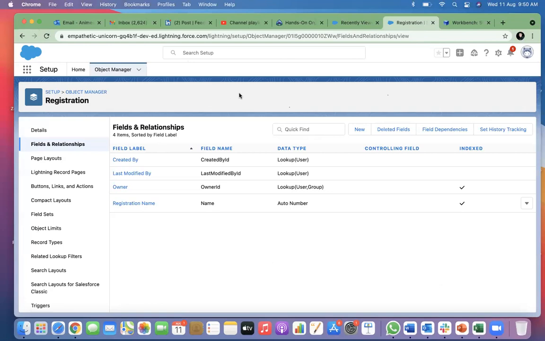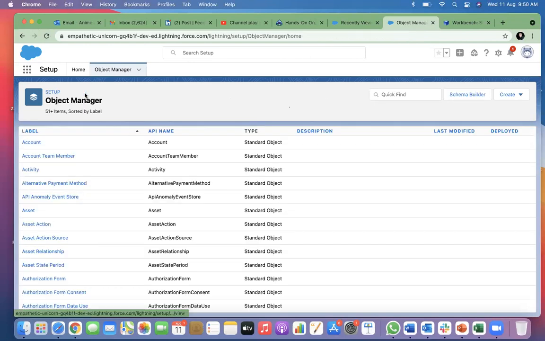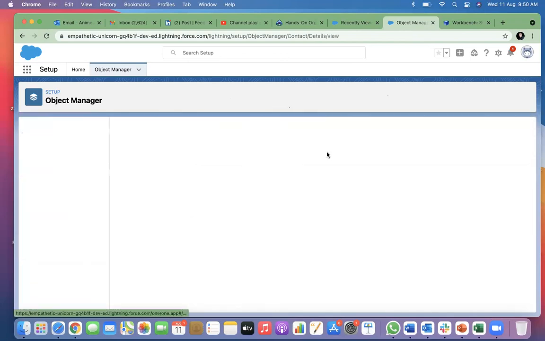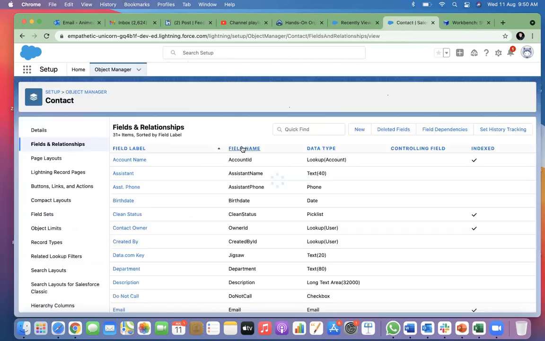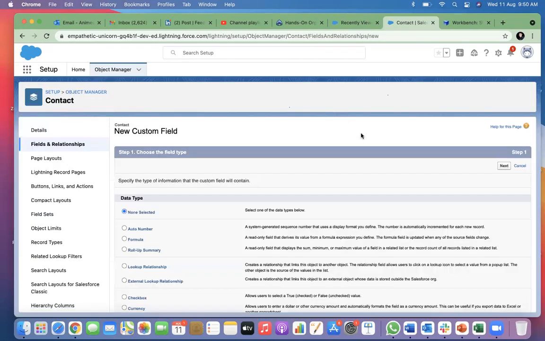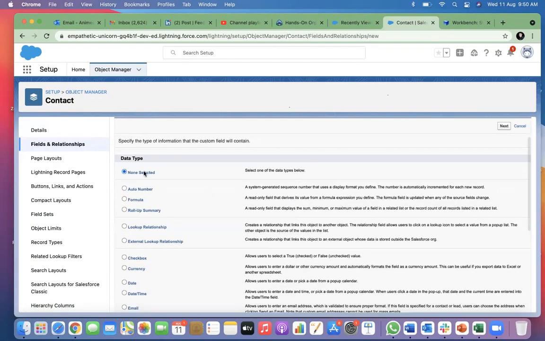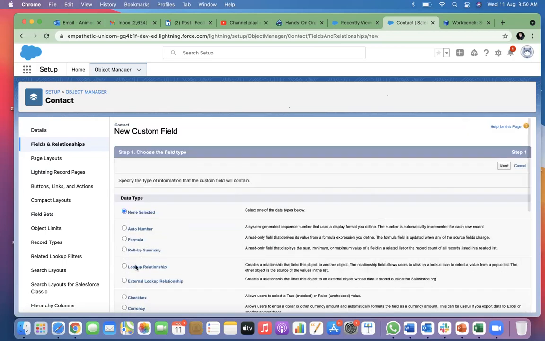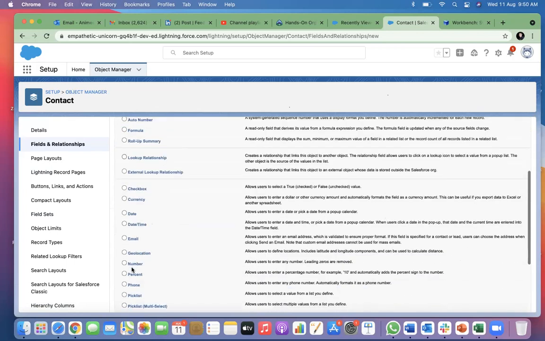Because this is a custom object. Registration is a custom object, isn't it? Let's go to the contact. It's a standard object, right? Can I create a master detail field here? If I go to new, am I seeing any master detail field here? I can create a new lookup relationship, but there is no master detail.